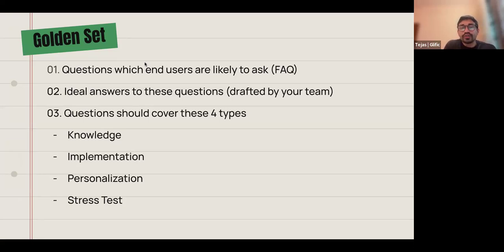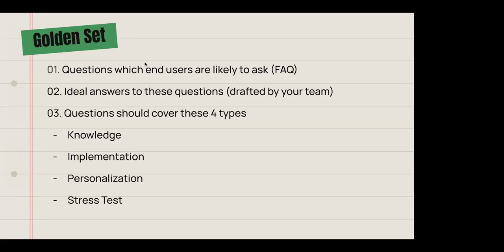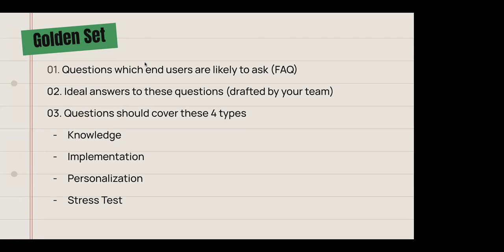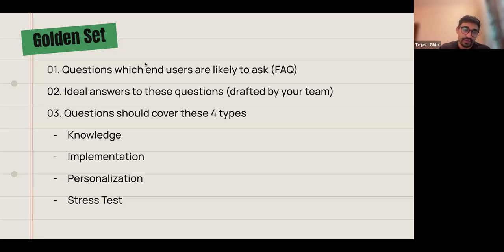So the question should represent how the user is going to ask, not what is easiest for the AI to answer. Ideally that's how we're supposed to form the test. Whether the AI will be able to handle it or not, that's what we'll come to know from the test. But you should ideally not have to train the user to ask a better question. Makes sense. Thank you. That is my intuition. Again, this is my perspective, so there could be different thoughts on this. Yes, Deep, go ahead.